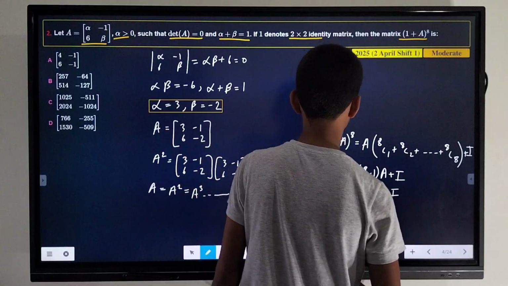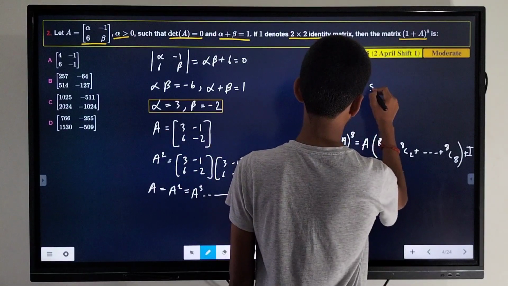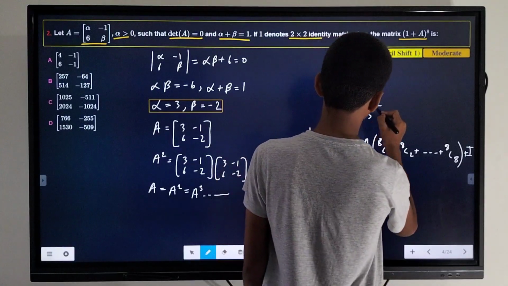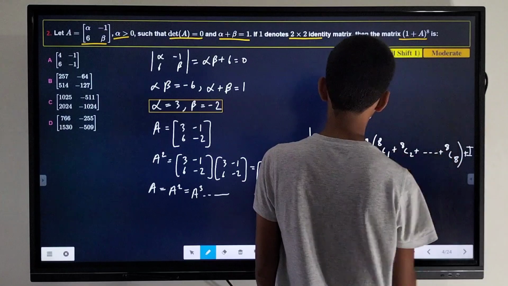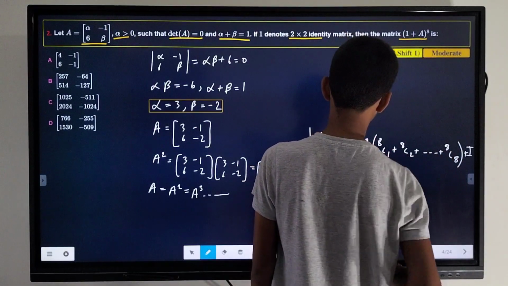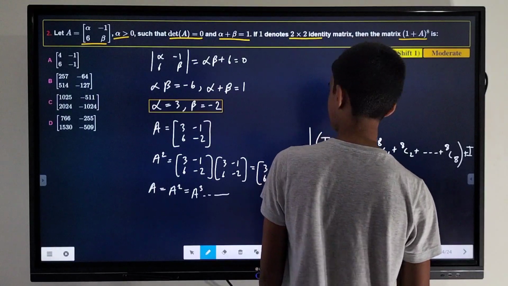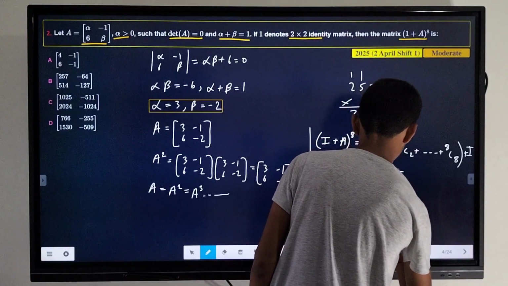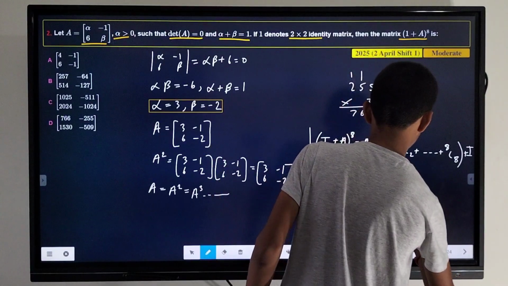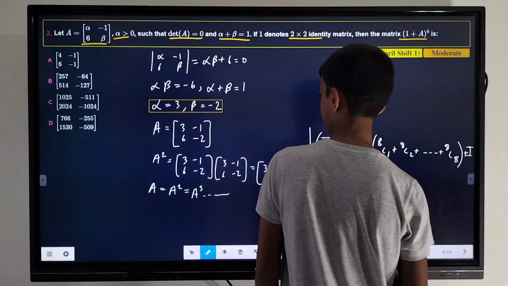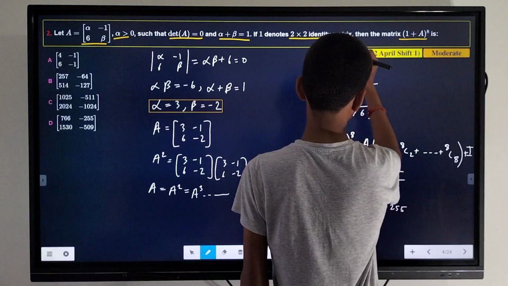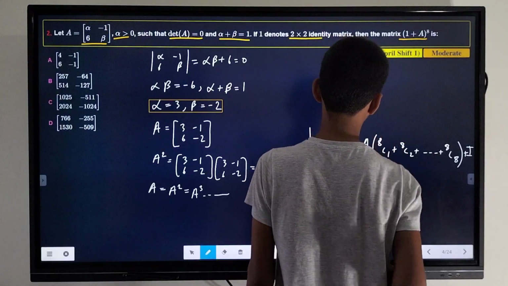255 into 3. It will be 765 plus 1, 766, and minus 1, so simply minus 255 and with into 6 we will get